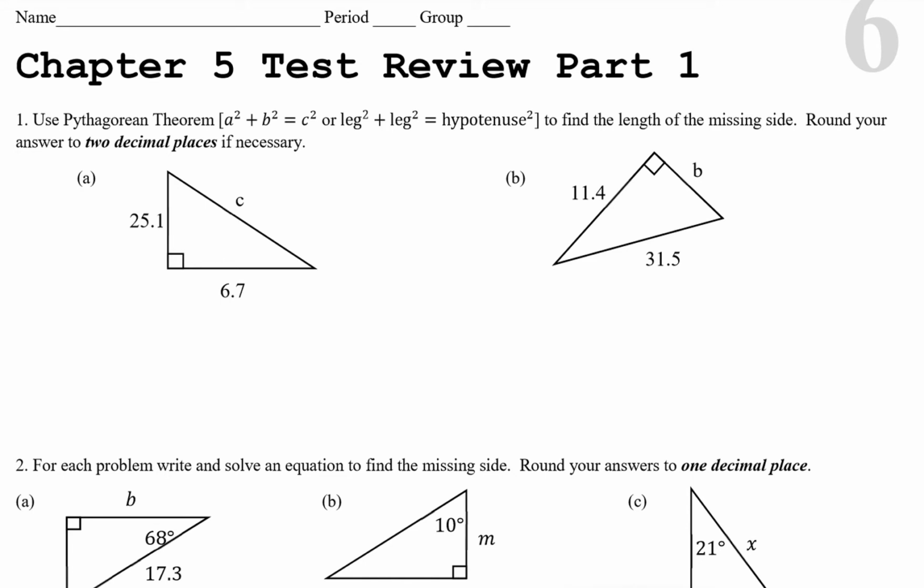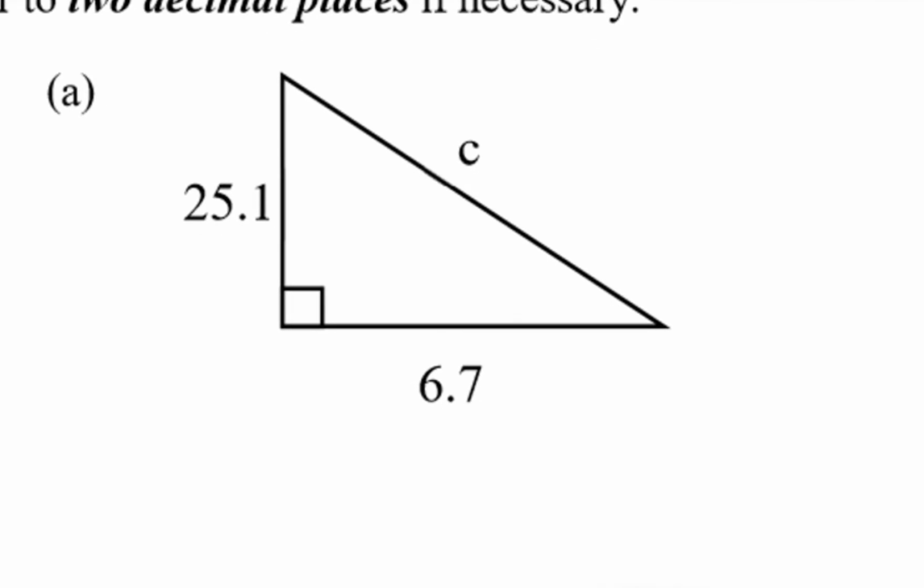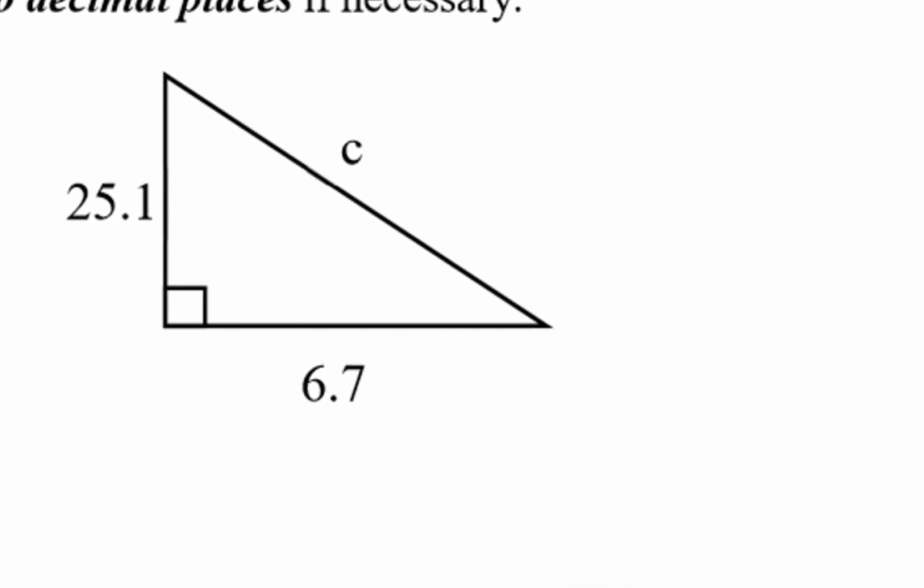So the first problem says, use the Pythagorean theorem to find the length of the missing side. Round your answer to 2 decimal places if necessary. So as I look at this first one, I can see that I'm given the 2 legs, and I'm asked to find the length here, c, labeled as the hypotenuse. So I'll start with